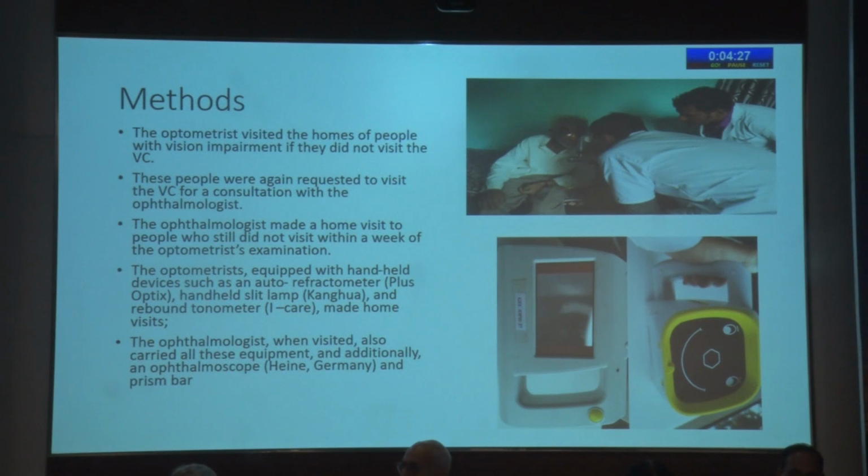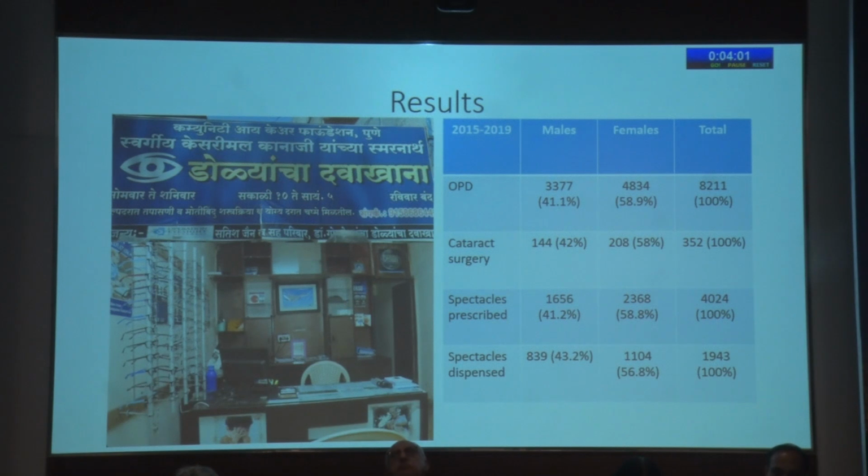It's not just that. For people who did not visit a vision center, the optometrist actually went to their home, and took a handheld device, an autoref, a handheld slit lamp, and a rebound tonometer, and did a comprehensive eye examination in people's homes. And there, if they thought something more was needed, an ophthalmologist also visited people's homes to do the fundoscopy and strabismus evaluation. So in all, even though about 45,000 people have been seen in the community,